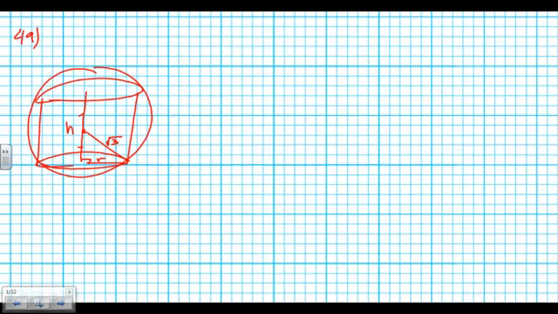Okay, let's start by writing the function we're trying to maximize. And the function we're trying to maximize is the volume of a cylinder, and that is going to be pi r squared h. And then we say to ourselves, that's multiple variables. We don't like multiple variables. We need to find a relationship equation between r and h so that we can get it down to a